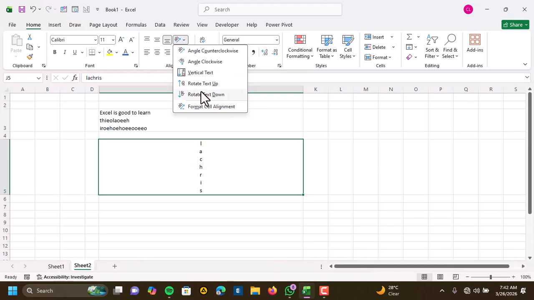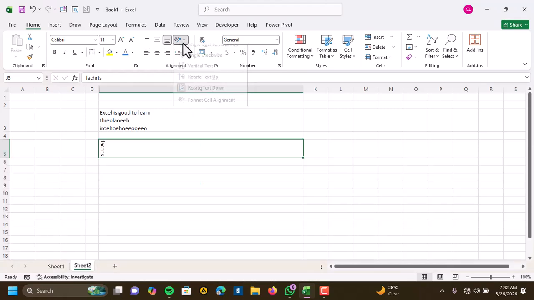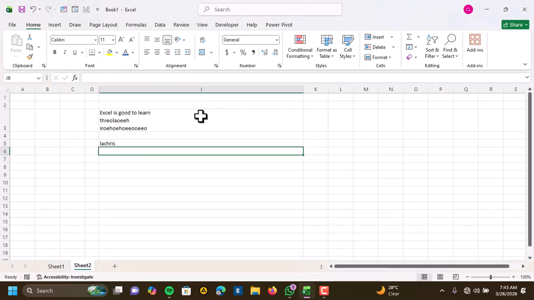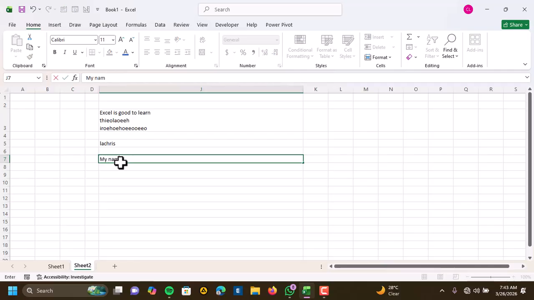So whichever way you want your text to be, you can use this to do it. All right, so that is enough for this one. Then the most important one that I haven't talked about, the wrap text. When I type my text like, my name is black,